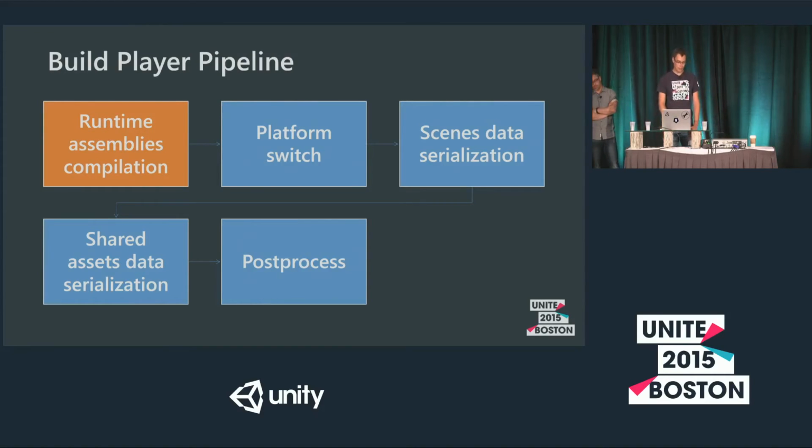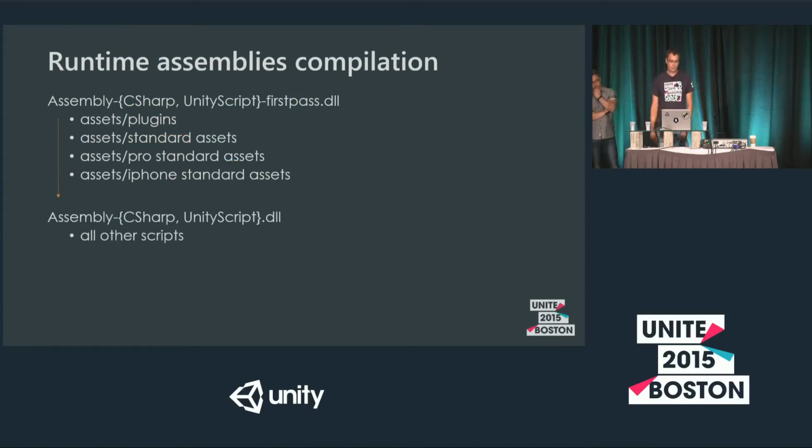Runtime assemblies compilation. When we compile them, we compile the scripts used in your game. There are two phases of script compilation. The first phase builds so-called first-pass assemblies, with scripts which belong to the plugins, standard assets, pro standard assets, and iPhone standard assets folders. And then we build